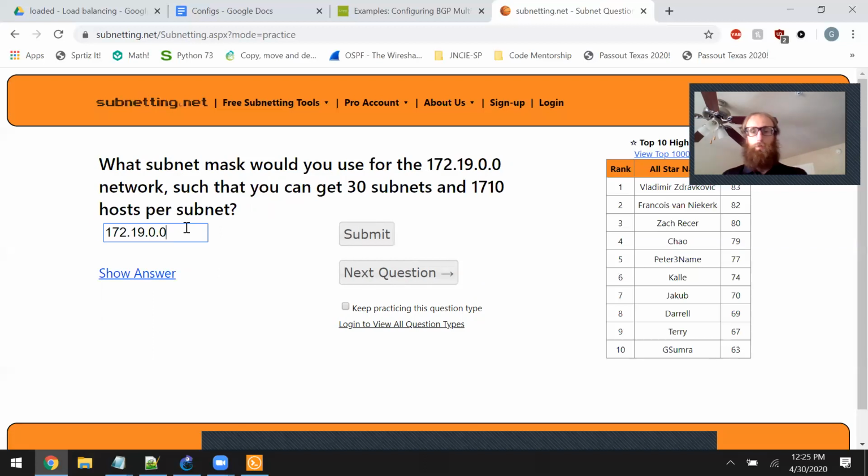So this is a class B. So in order to get, oh, I see. So they're not asking about where you can get exactly 30 and exactly 1710. It's a situation where this is possible. So it's possible if you've got 32 subnets to mess around with. So you would get that with 3 bits to play with. So it would be